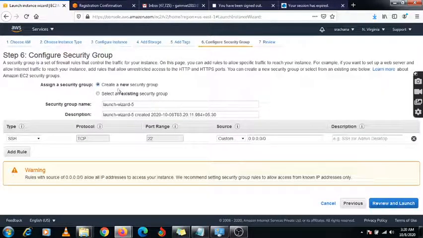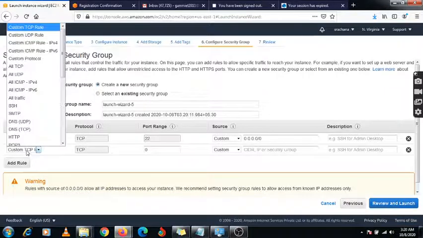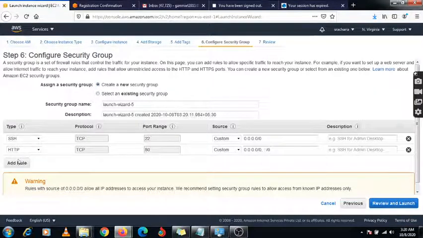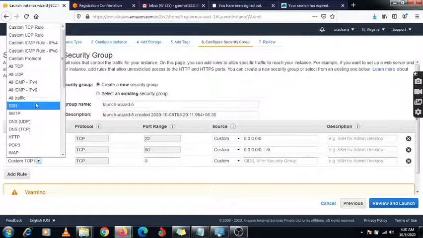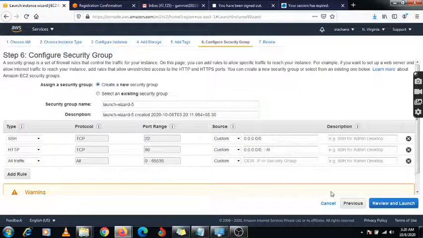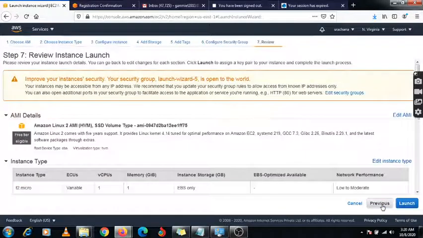I don't want to assign an existing security group, I just want to add some rules: HTTP and HTTPS, or you can say all traffic. Okay, giving this anywhere. Review and launch.